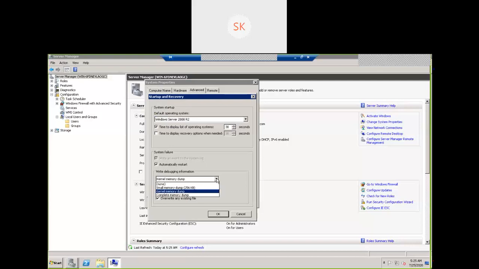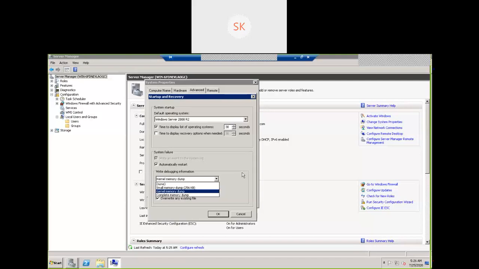This is also one more important interview question in server administration. As an administrator, you should be aware of what a blue screen error is and where the path is. What is the blue screen? When there is an unexpected shutdown or unexpected reboot, it may go to a blue screen error and start the reboot.